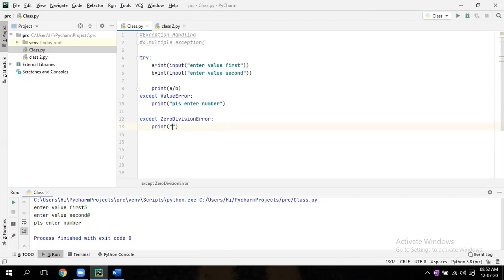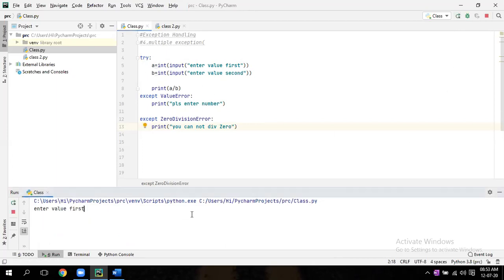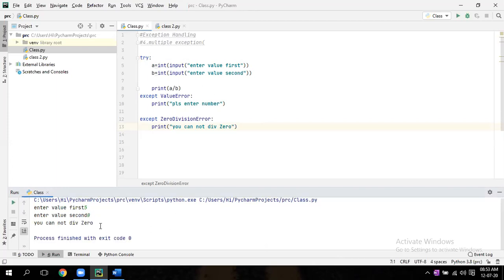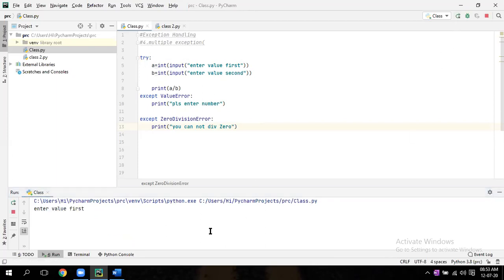Now I will test how it is working. And also you enter A, B. Let's see what is happening.